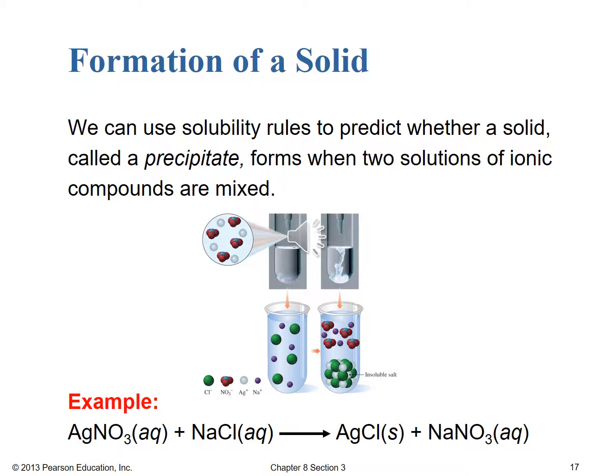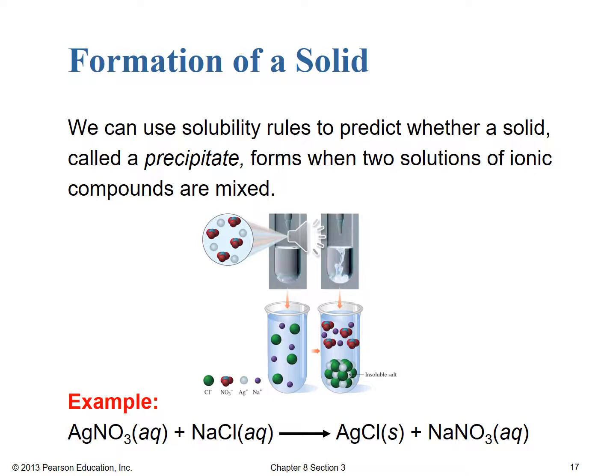So we know that silver nitrate is soluble and sodium chloride is soluble, but when we combine those two soluble species, we get sodium nitrate, again, super soluble, right? All sodium salts are soluble because sodium is a group 1A cation. All nitrates are soluble because of that same rule in our solubility rules. So sodium nitrate would stay in aqueous solution quite well, but silver now would pair with the chloride ion,